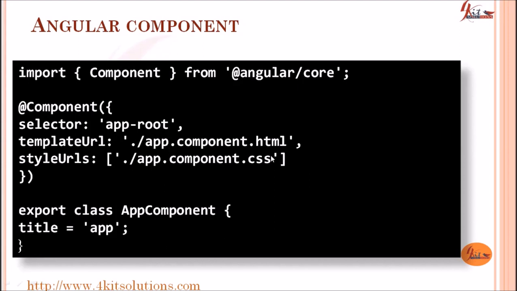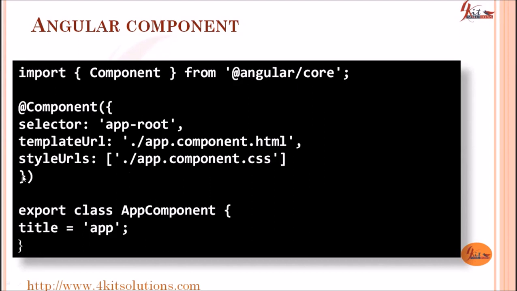And this is the styling. Each component will have its own styling file. We can have global styling also. We have a file called style.css that is applicable to all the components. Or if we want specific styling for this particular component, we can do it in app.component.css. Then we have export class AppComponent, which means this AppComponent is a component class. Export means that we are exporting this class so that it can be imported by some other component or some other module.